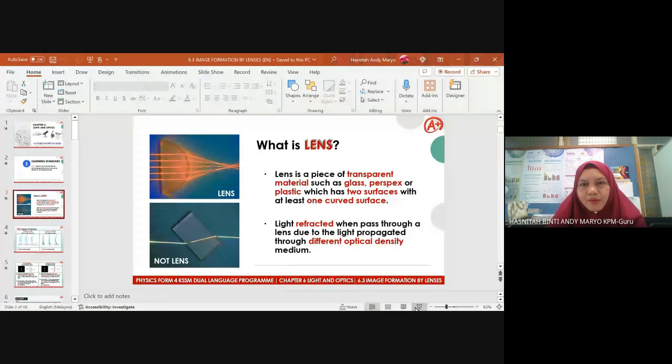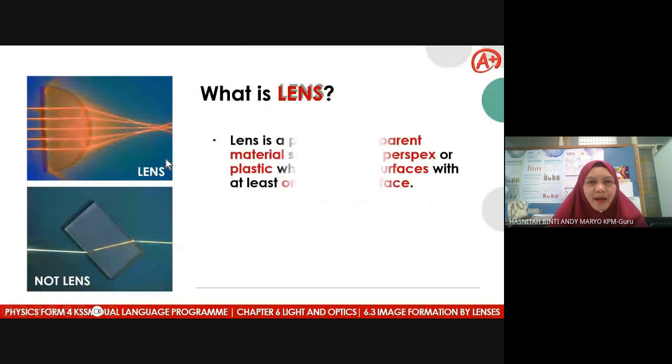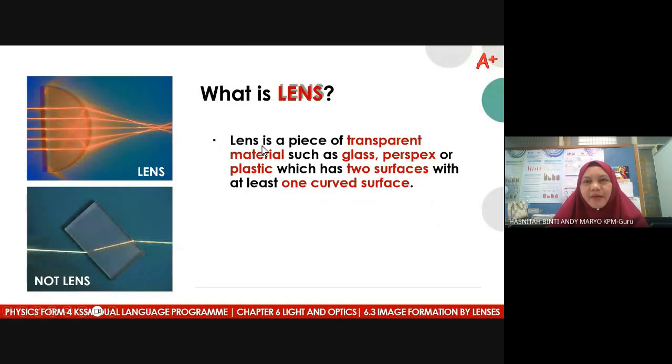So what is meant by lens? A lens is a piece of transparent material. Transparent material means we can see through, for example glass, perspex, plastics. Second, it must have two surfaces where one of the surfaces must be a curved surface. So this is the definition for lens. It is a transparent material such as glass, perspex or plastic with two surfaces where one of the surfaces must